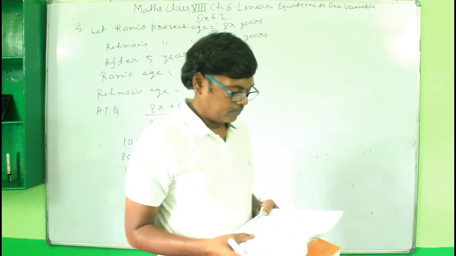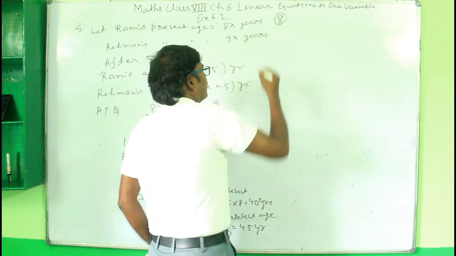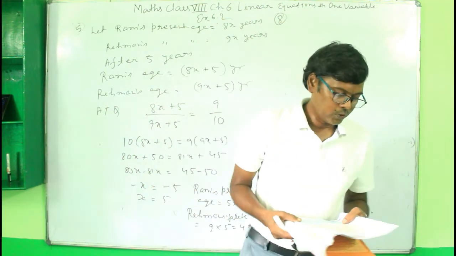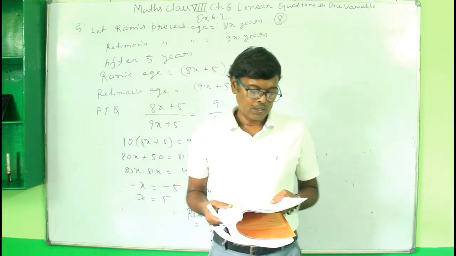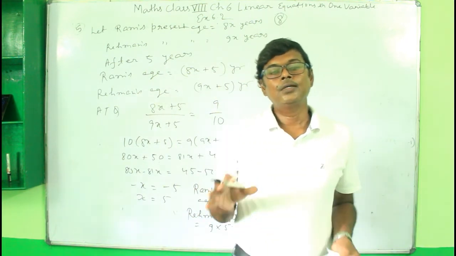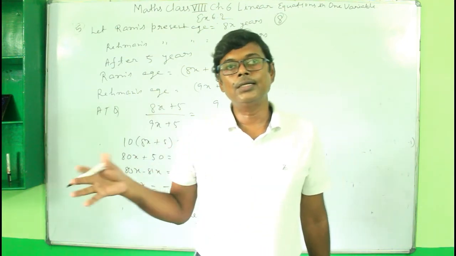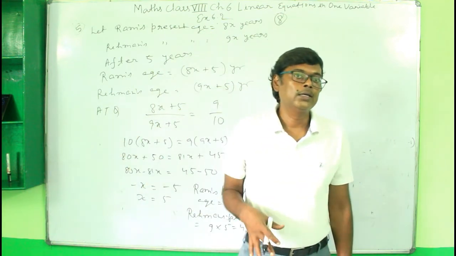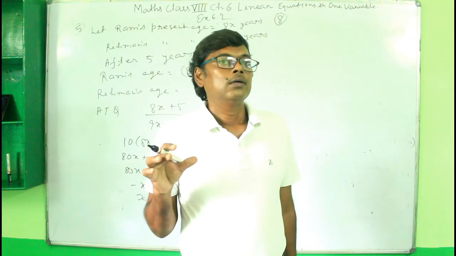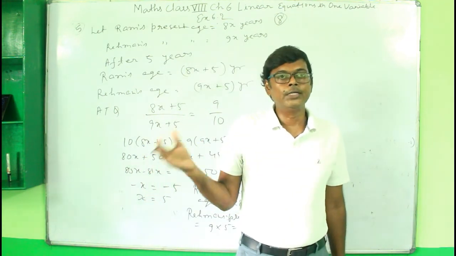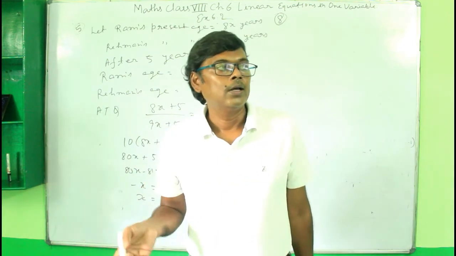Now question number 8. Here a motorboat covers a distance in 6 hours. Now here in this question there is a stream, meaning there is a river and the water is flowing in it. There is a stream and the water has some speed, so it is flowing with some speed.